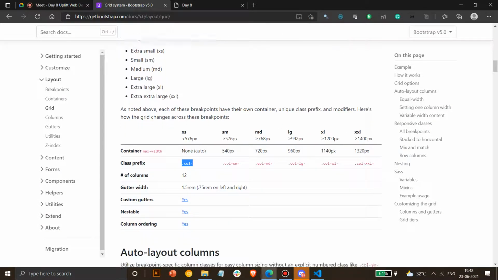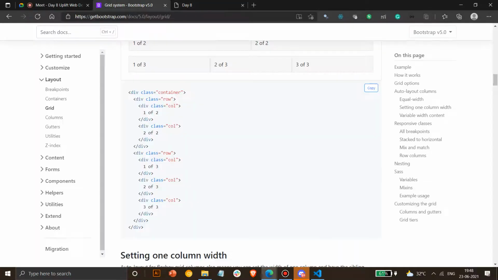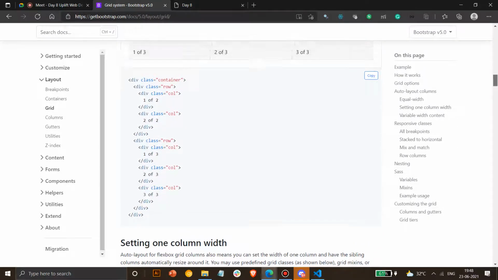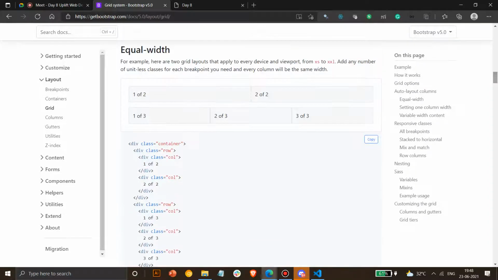Sure. Basically there are 12 units of space in a container. If without a container you have 14, two spaces are automatically occupied by the container at the end. The grid system works with a container, so by default you will always have 12 units present. Whenever you use 12 units, if you use col, it automatically divides the structure into whatever number of units you want. For the number of elements you specify, it will divide equally among each of them.